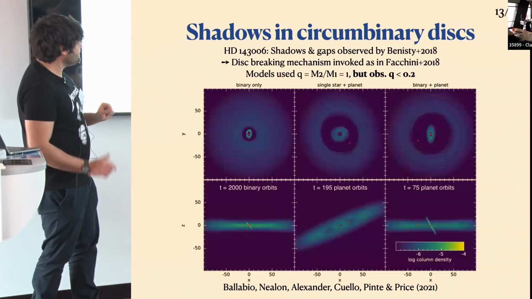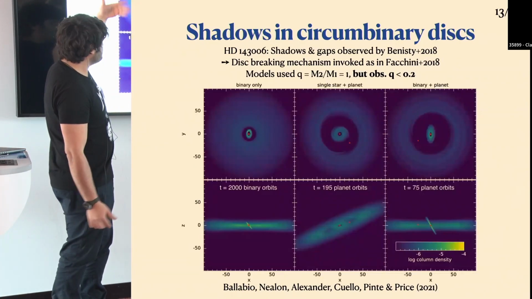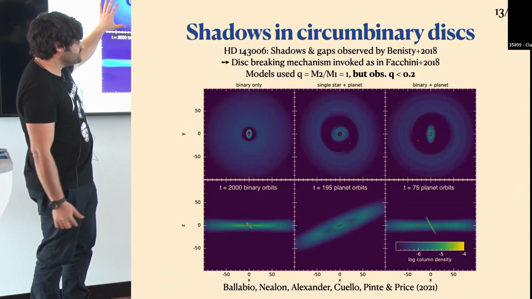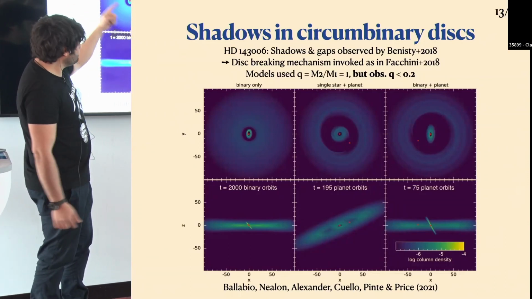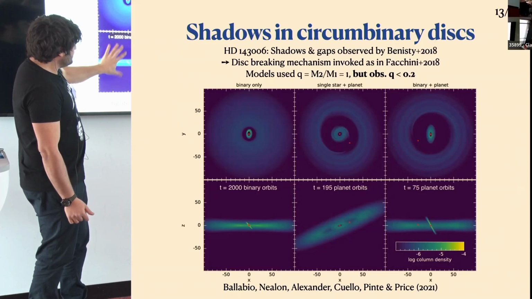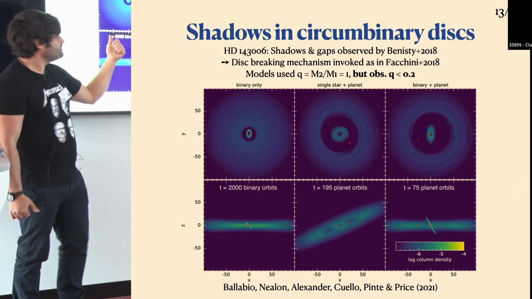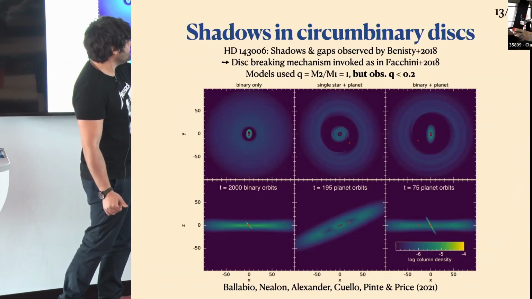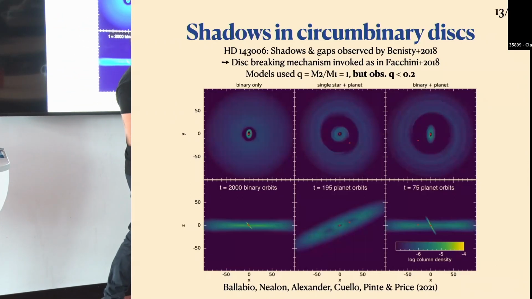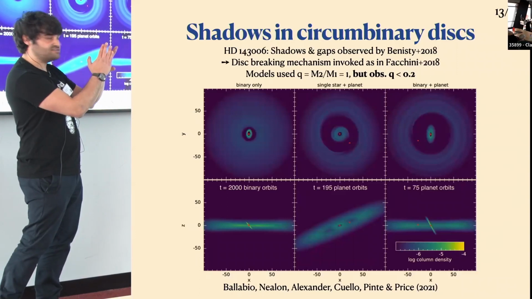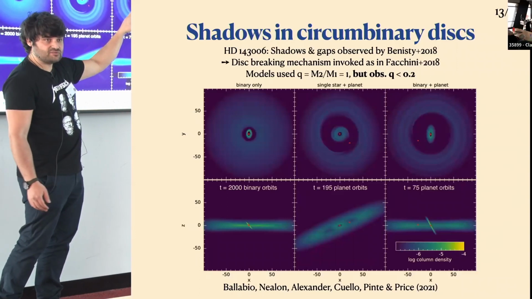She considered different scenarios for this. So we have the binary, so this is a face-on view of the system. These are phantom simulations again. You're seeing the density. So you see face-on view, edge-on view for 3 different models. So here on the left, we have the binary-only model. Here we have a single star plus a planet. And here we have a binary in the inner part, which is misaligned with respect to the disk by 60 degrees, and a planet in the outer parts.